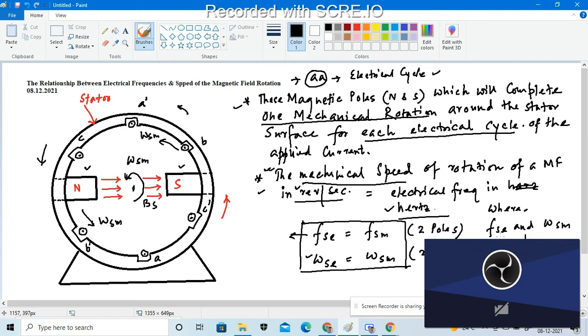F of Sm is the mechanical speed of the stator magnetic field in revolutions per second, whose unit is revolution per second. And omega Sm is considered as the mechanical radians per second,